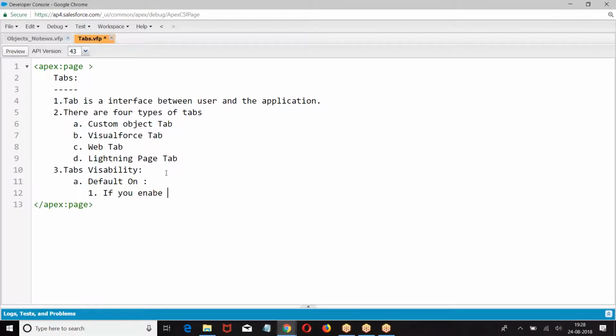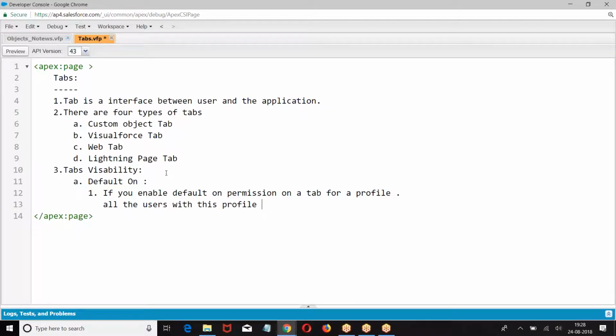If you enable default on permission on an object tab for a profile, all the users with this profile can see the tab on the tab panel.